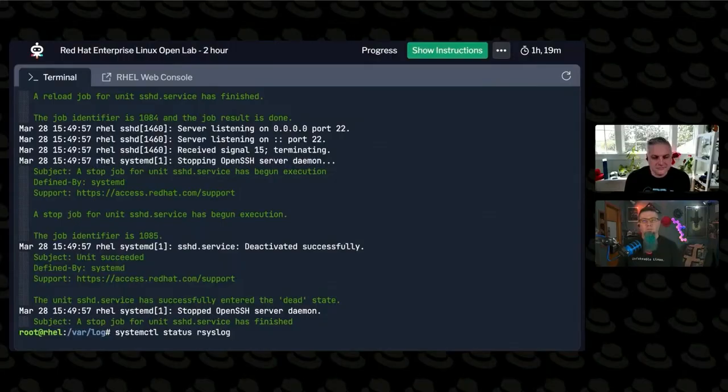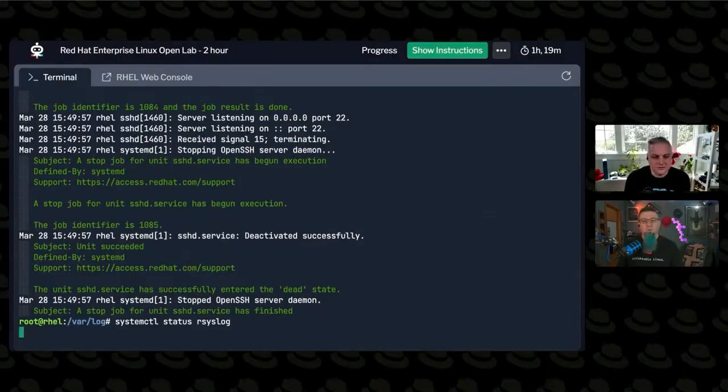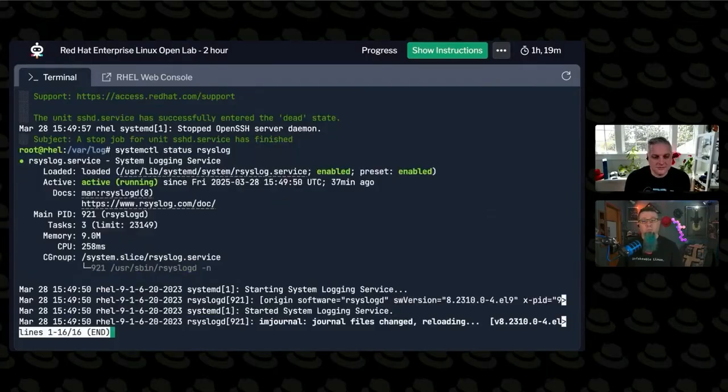Is it RSyslog or RSyslogD? I don't remember anymore. There you go. Hey, it is running. Look at that. Yeah. So it turns out